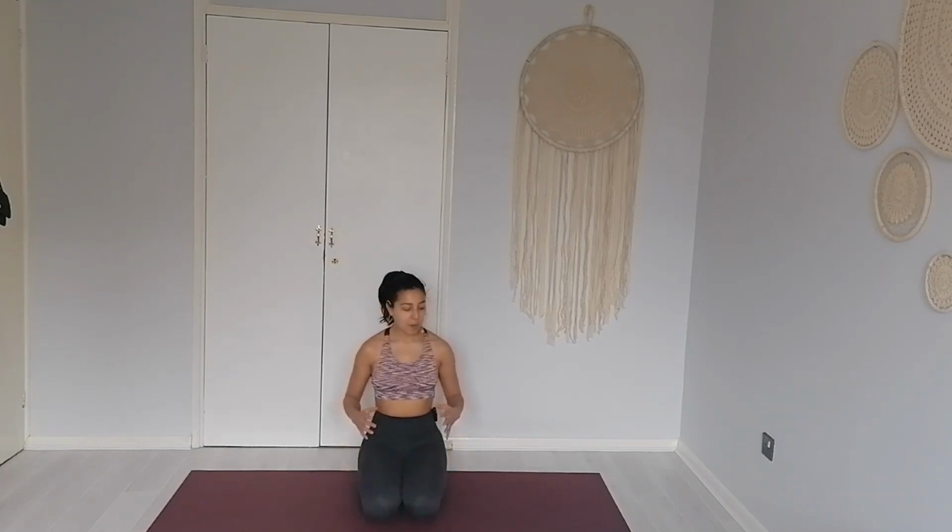Let's give it a go, but we will start by just warming up our body, so we'll have a small flow to work on our flexibility and strength, and then we'll move into the step-by-step of how to get into a headstand. So coming into a kneeling position and just stilling our body, so bring the back of your hands to your thighs and just close your eyes here, bringing your awareness to your breath,